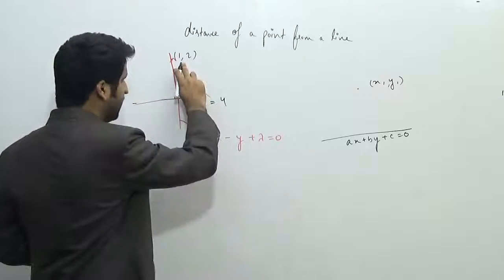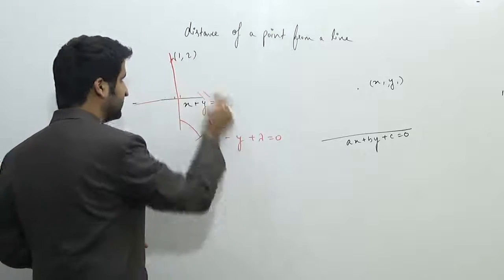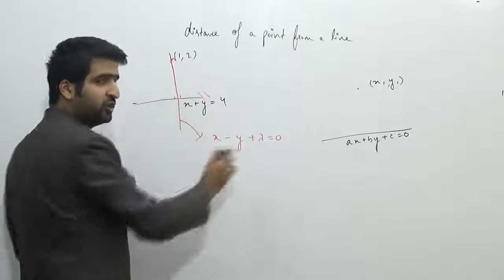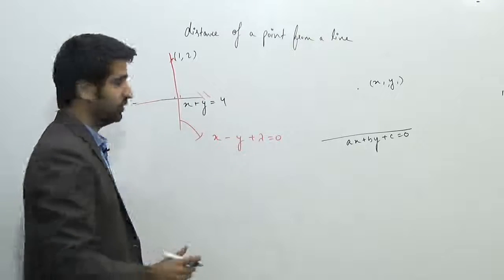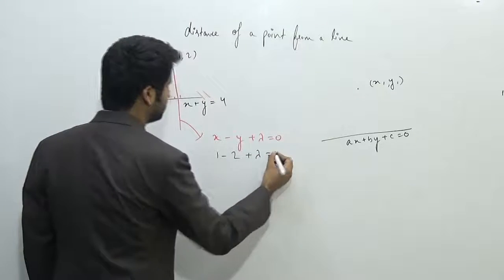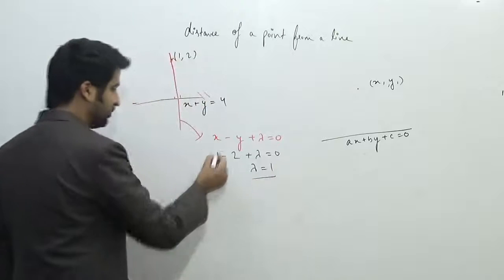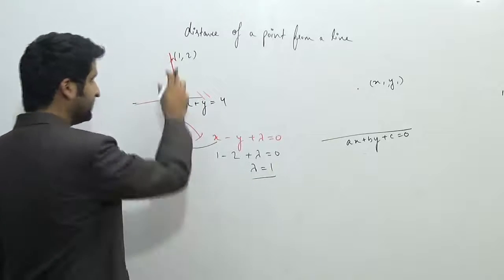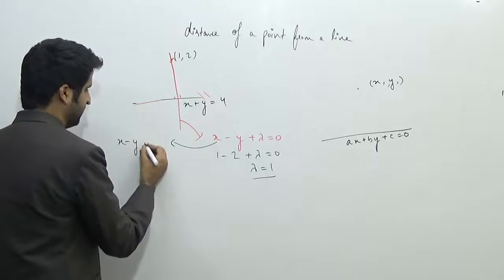Okay, now this line is satisfying this point. Because the line is passing through this point, I can substitute this point over here. Okay, now this is the condition how we're going to find the lambda. So 1 minus 2 plus lambda is equal to 0. So lambda will come out to be 1. So the equation of perpendicular line passing through 1 comma 2 will be equal to x minus y plus 1